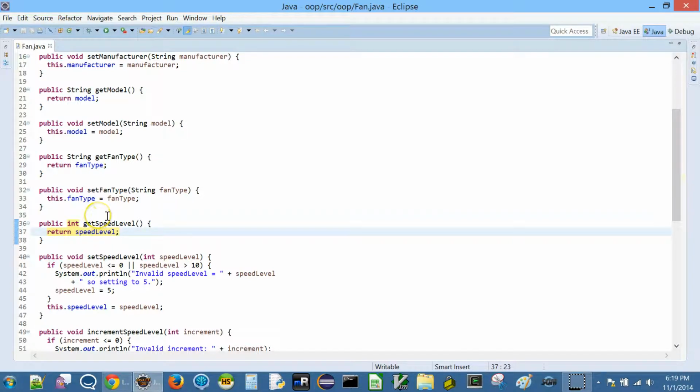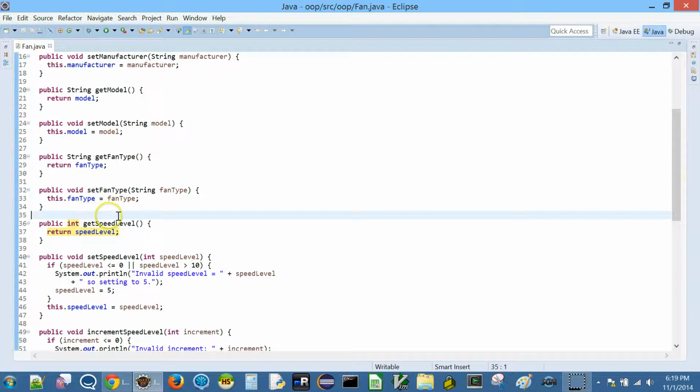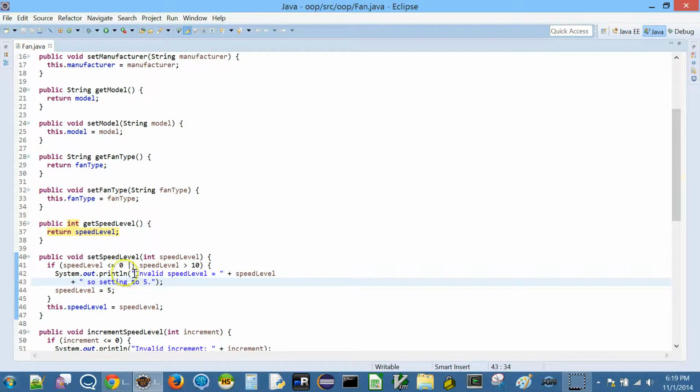You may think that if we don't want to use int, we may want to use just short, which we already saw is a primitive type, or you may want to use a byte. But even if we use byte, it's still too large a range for the speed levels, because here we have speed levels accepted only from 0 to 10.